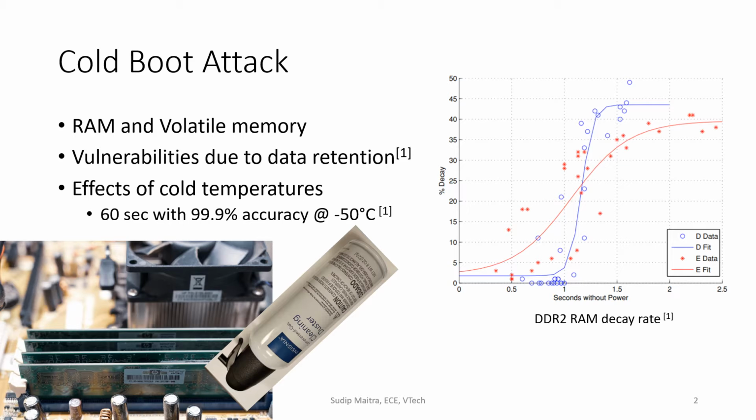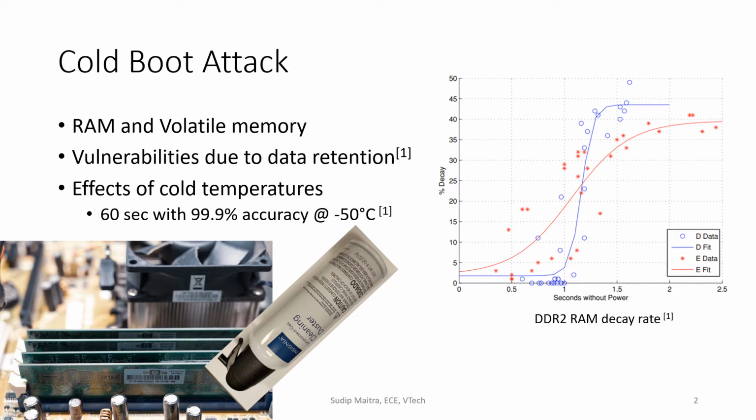Random access memory, or RAM, is an integral part of computers where data and instructions are stored during runtime. Encryption keys are also stored in plaintext as RAM is volatile memory, that is, it loses all its contents once power is removed. However, the contents do not disappear immediately. In fact, RAM can retain its contents for a short time after power has been removed,